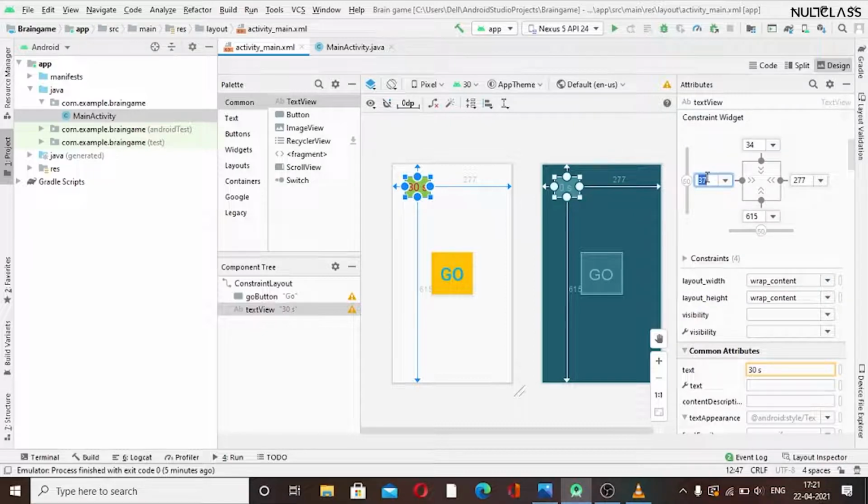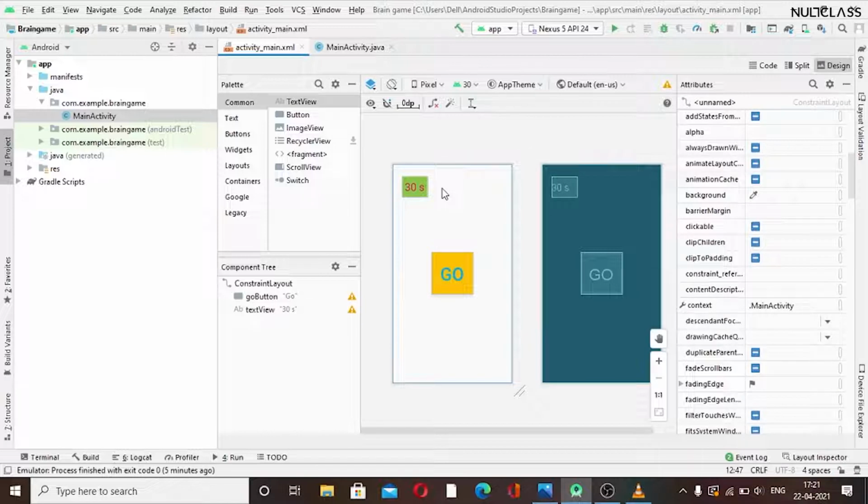Like instead of 37 I will give it 27. Let's check it for 27. It will shift a little bit towards the left, and we can increase it from here as 10. Okay, so now it is shifted a little bit towards the left. Now we will be adding the sum text here and other things, so I will do it quickly.